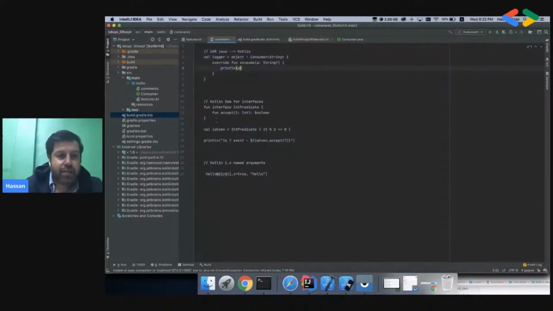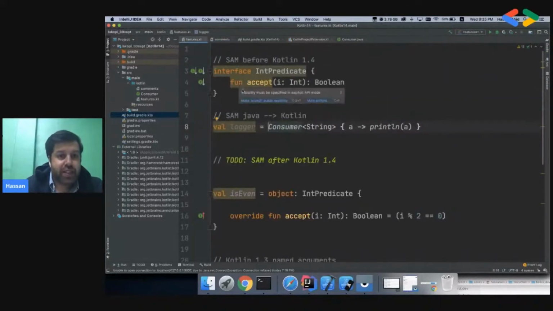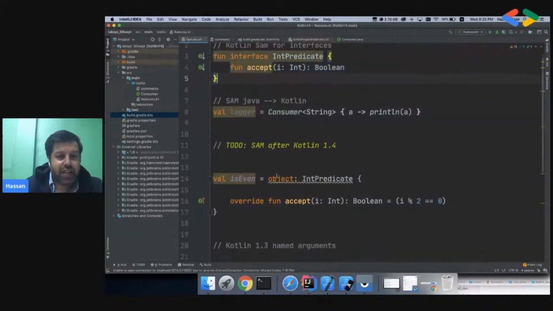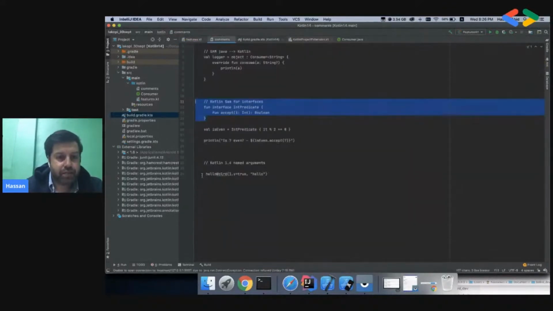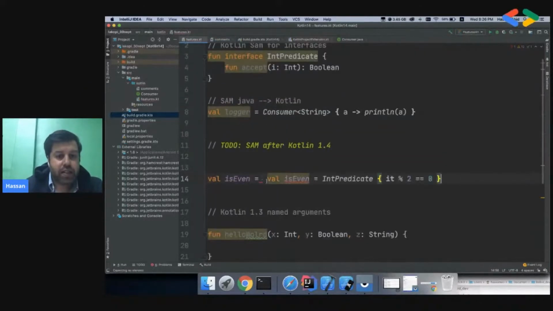We have this function. We will just replace it with Kotlin and remove this to make it simpler.